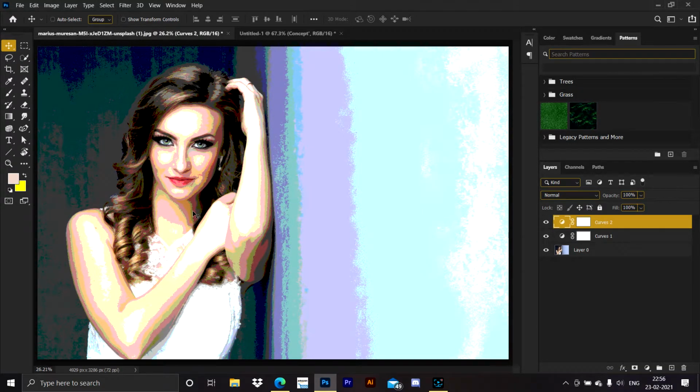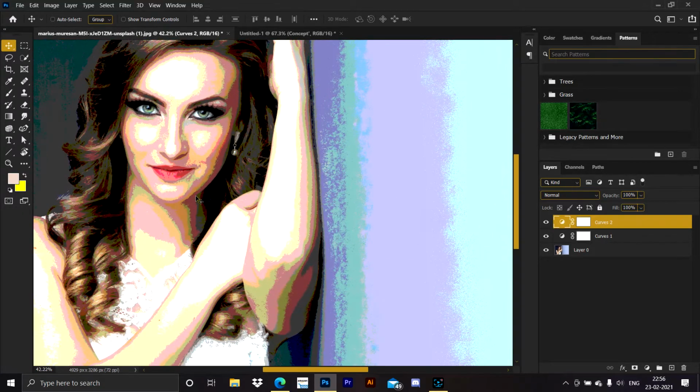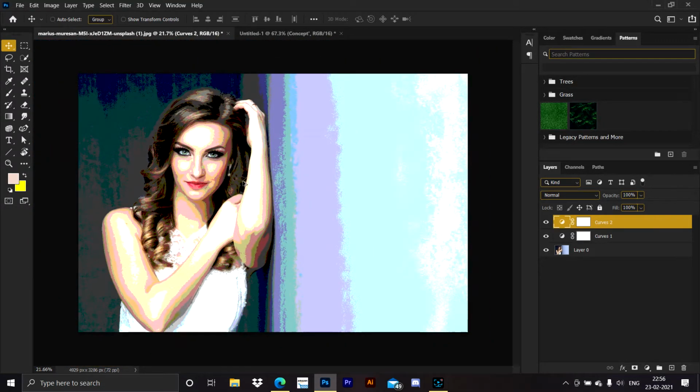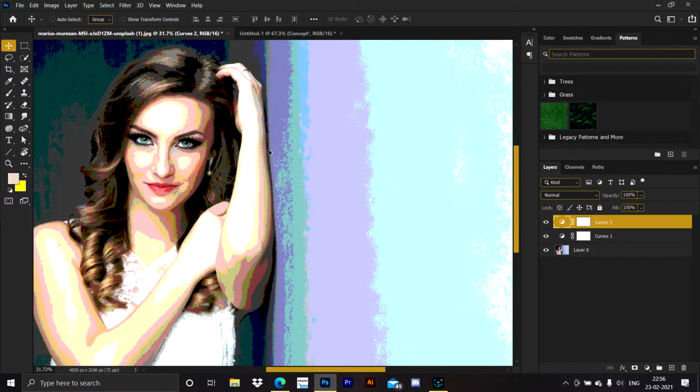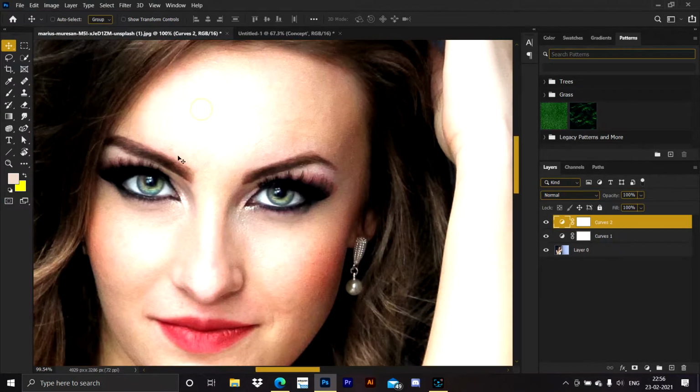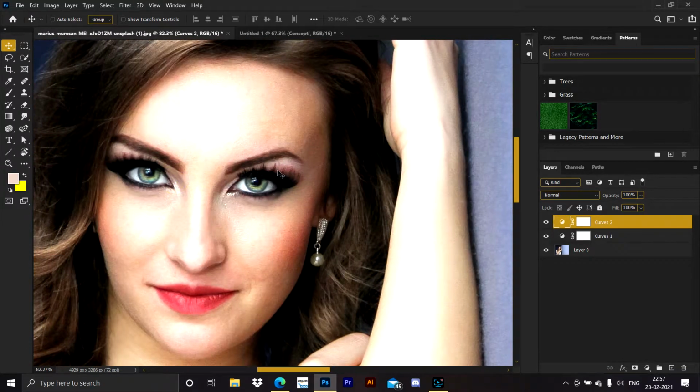But now you will say that the image is spoiled. Actually, it is a Photoshop glitch that it shows banding at a zoomed out position, but when you zoom into the image, it is okay, there is no banding. If you export the image or save it as a JPEG or PNG, anything, the image will have no banding. So our main topic was that whenever we do some extreme adjustments in photo manipulation or photo editing, we should always use 16 bits per channel. But as I always say, the concept is much more important than the process.